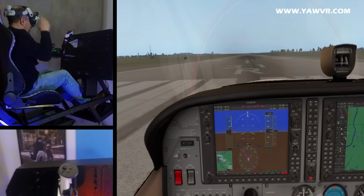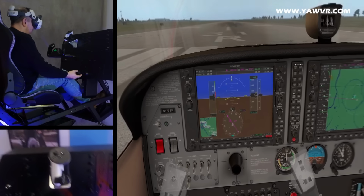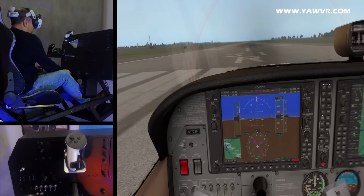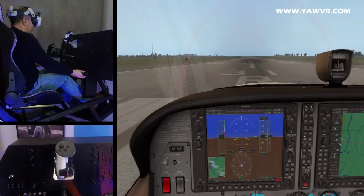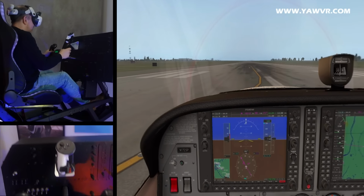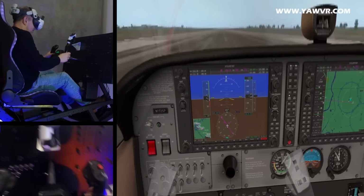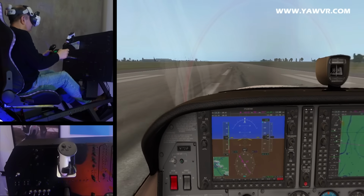And now I just have to start to fly. So I pull, okay. I have to, of course, release the parking brake first. I forgot it. I'm not a very experienced pilot. And now we can just go, and I immediately feel the vibration from the ground, and I'm waiting until I reach takeoff speed,